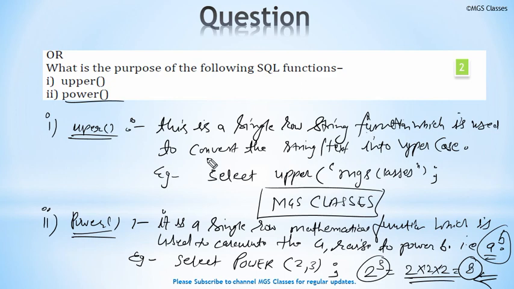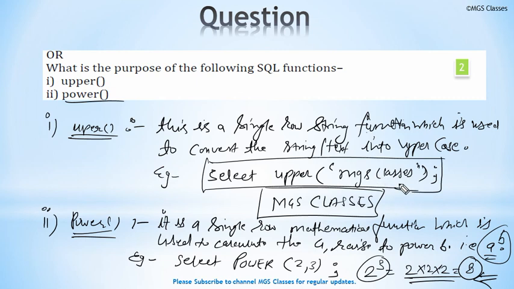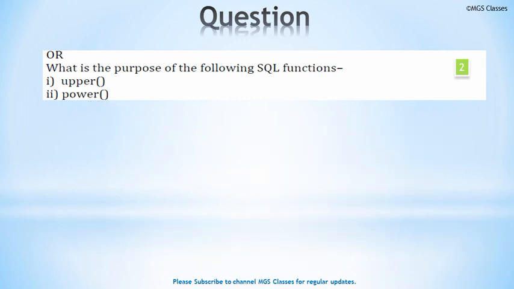And in the upper case you can very easily predict the output. Upper function is basically used to convert a lowercase string or any string into complete uppercase English letters. I hope you got the answer. If you still didn't get the answer, you may watch my video on the string functions and the mathematical functions for detail.